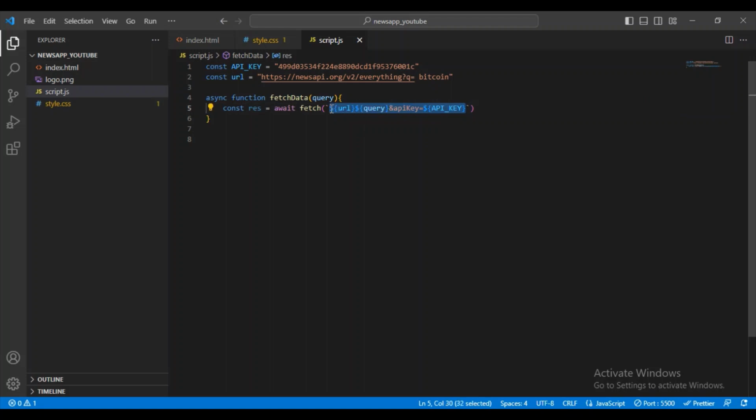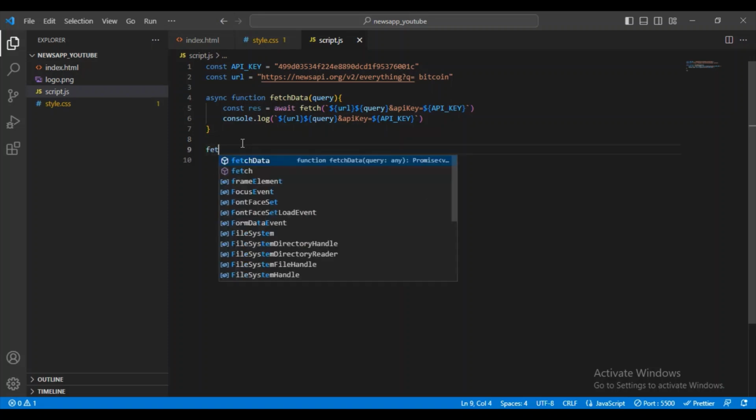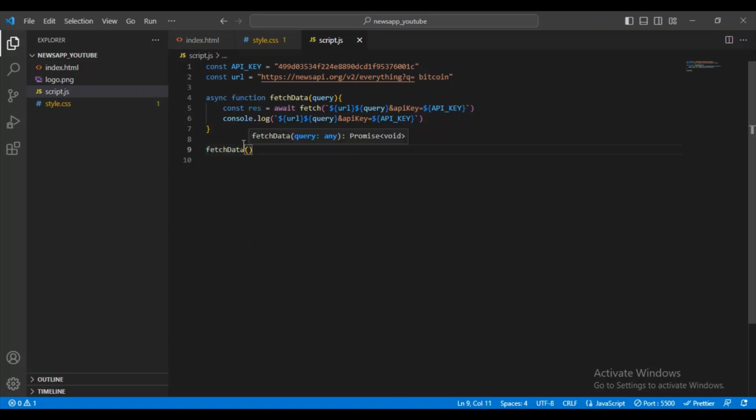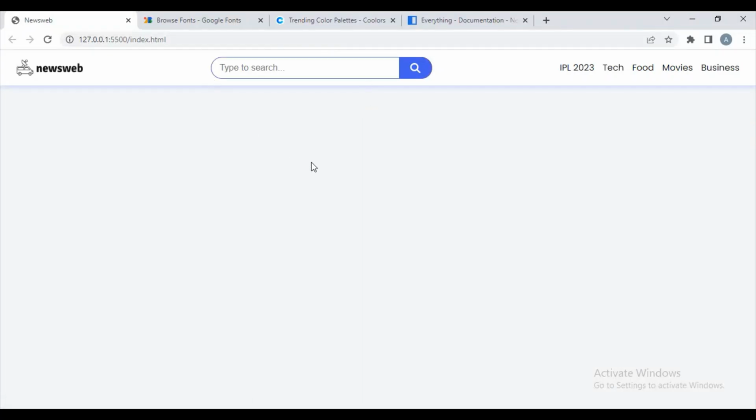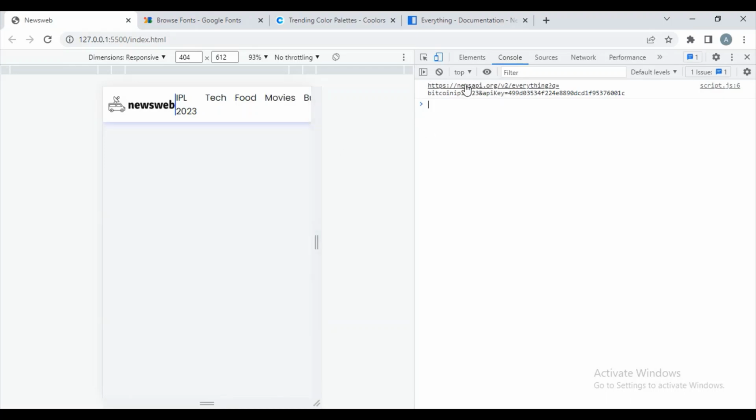For now I will just copy this, and let me copy this from here, and let me paste outside this, or here, const console.log, and I will paste this and call this function fetchData, and inside the query I will write like IPL 2023 like that. Let me go here and open my inspect, and here see this is my